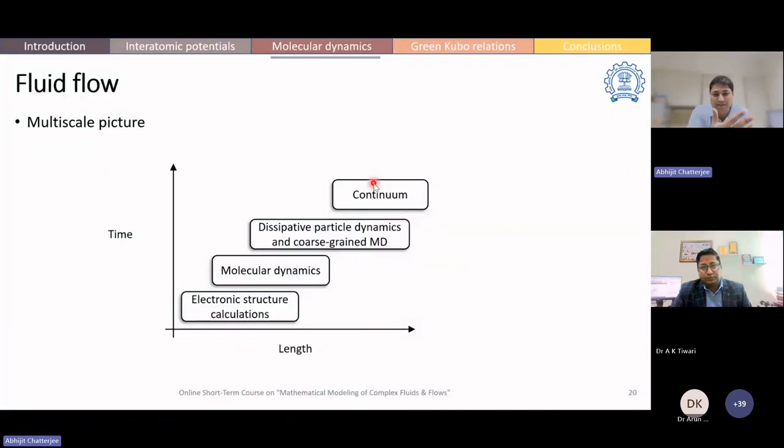Option one is you go to experiment and try to measure these parameters, and a lot of times that can be done. But if for some reason it is challenging, then you can move towards molecular dynamics simulations and get the same parameters. So you can treat molecular dynamics as an input for your finite element approach. Molecular dynamics will only simulate these short length scales and time scales. It will give you the parameters which you then